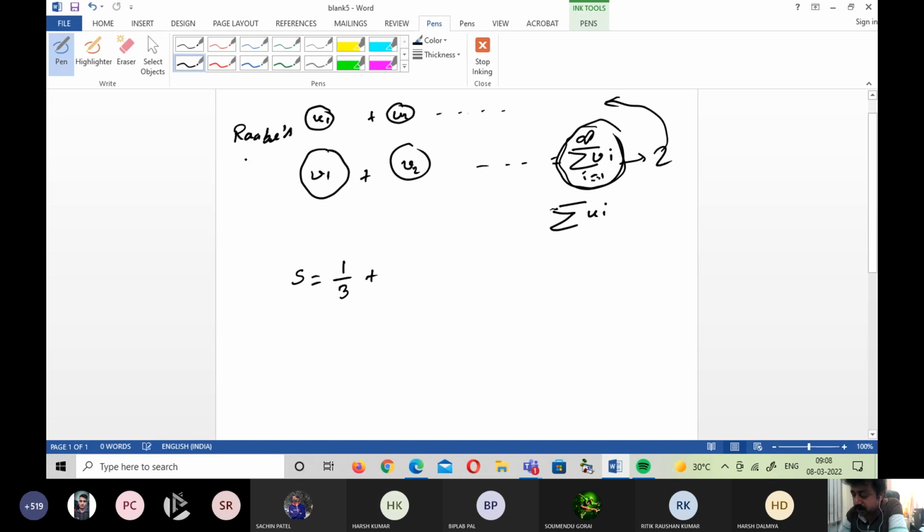Ratio test, which I shall discuss elaborately. No problem. Okay, 1 by 3 plus 1 by 6 plus 1 by 11 plus 1 by 20. Suppose this is a series. Now here it can be written as 1 by 2 plus 1 plus 1 by